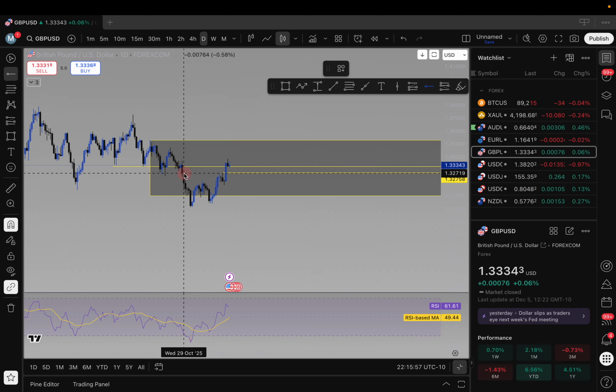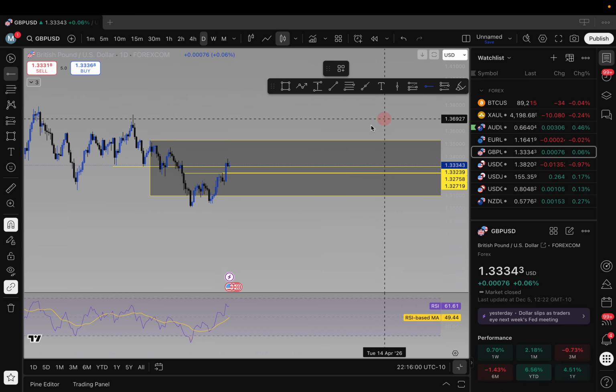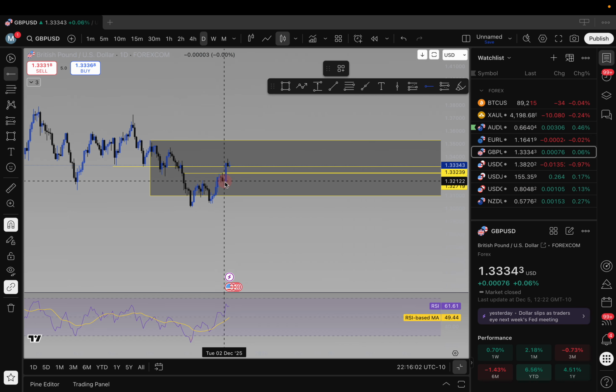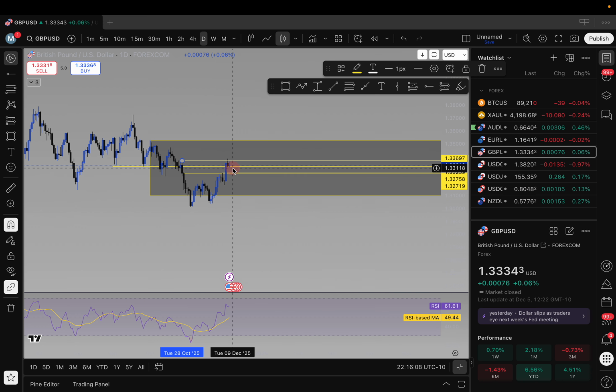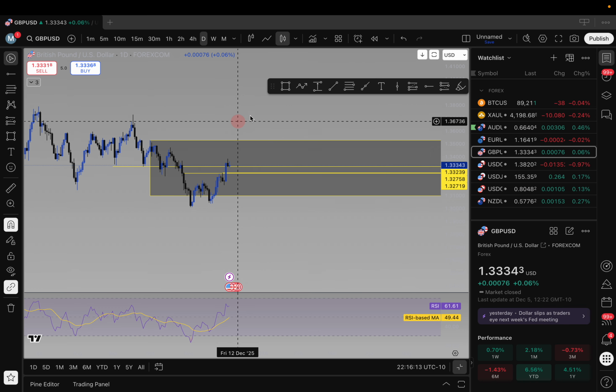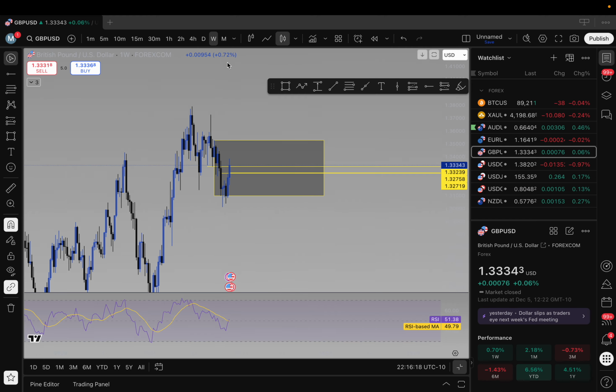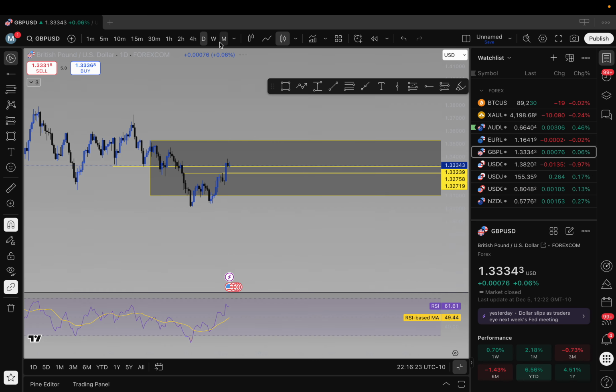Over here. It hasn't closed above this level yet. So I think it's because the monthly and the weekly is trying to go bearish on the daily. That's why I believe that it's gonna make a new, let's say